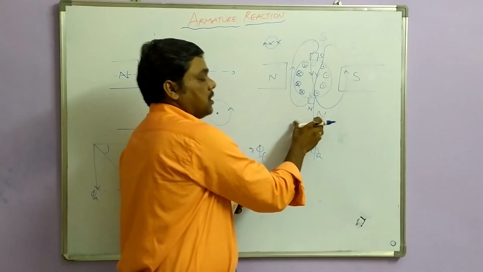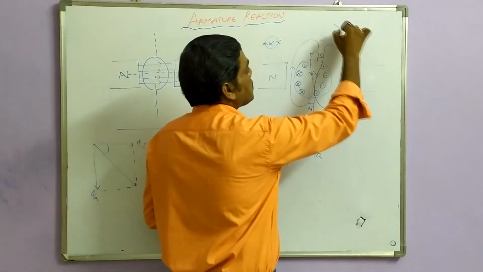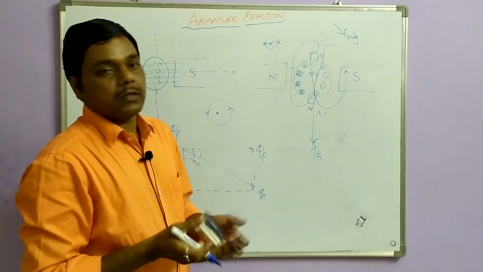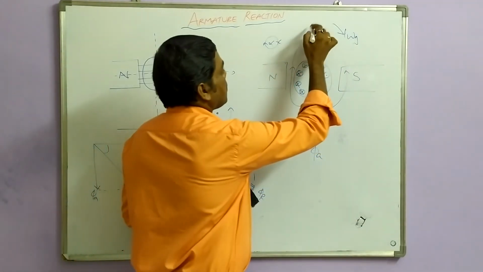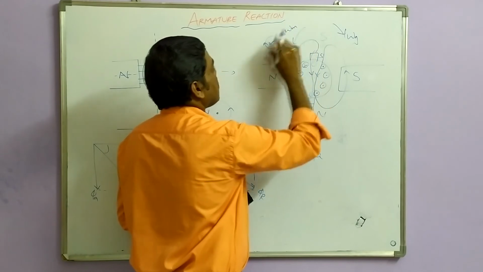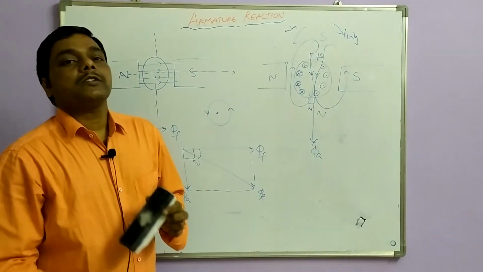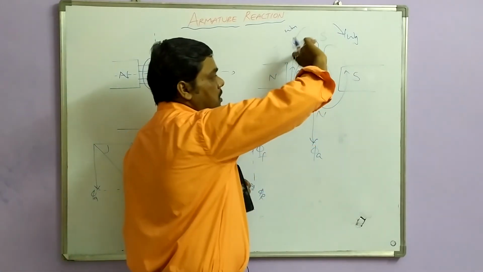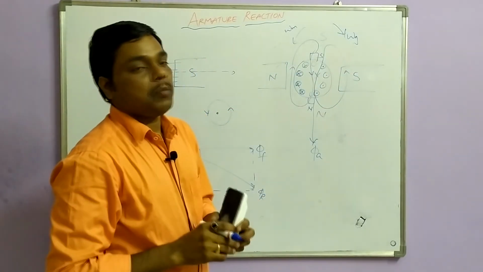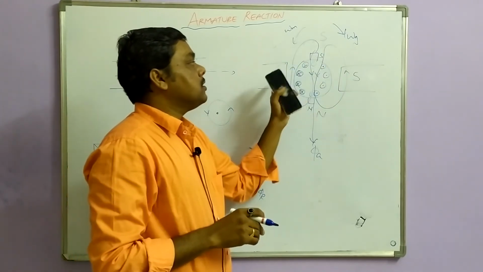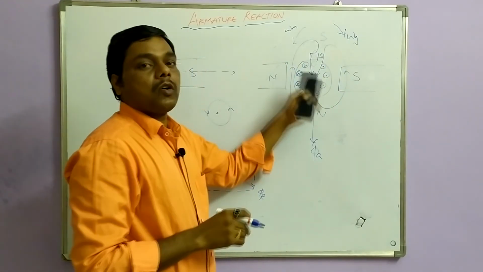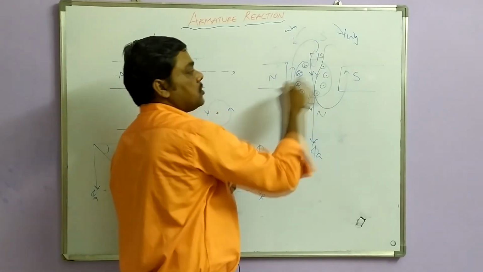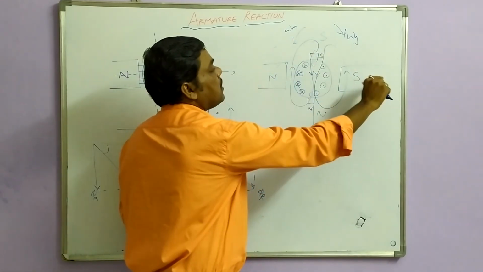So if this is a generator, the direction is like this. Now omega g is nothing but the generator speed, angular speed. And if it is a motor, this direction is like this. Now omega indicates the angular speed of this one. If this rotates in this direction, what is happening? If these armature conductors are rotating in this direction, that means clockwise direction, then the main field flux direction is like this.